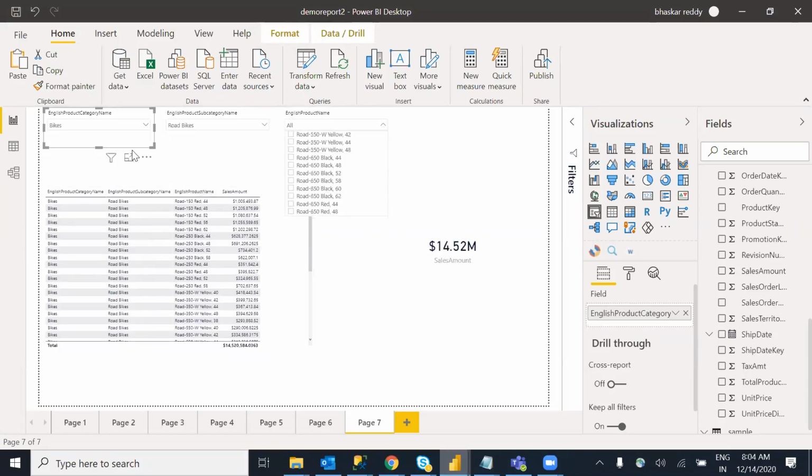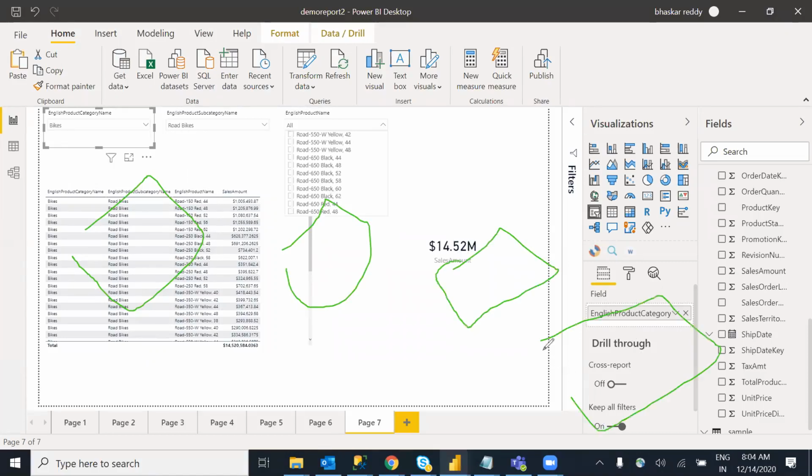That means we have three tables: product category, sub product category, then the product table, then we have sales amount. If I select something over here, data is filtering like this. If I select bikes, here also data is filtering, and sales amount is also filtering.